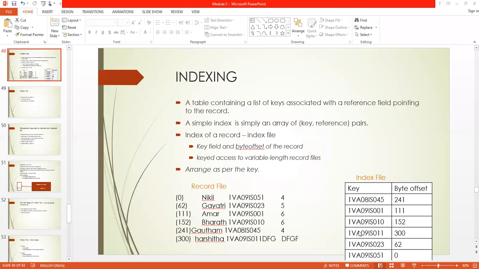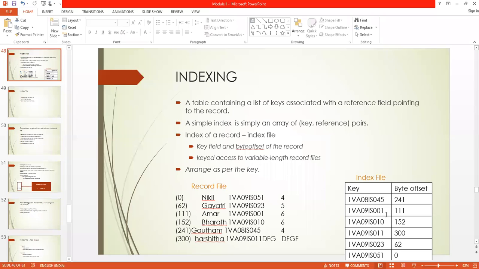Now this is the record, IS011. Check what the byte offset is. Byte offset is 300, so directly go to the location at byte offset 300, that is seekp 300 from beginning, ios::beg. At position 300, retrieve the whole record till the newline, using getline, file.getline till the newline. That is the concept of indexing.